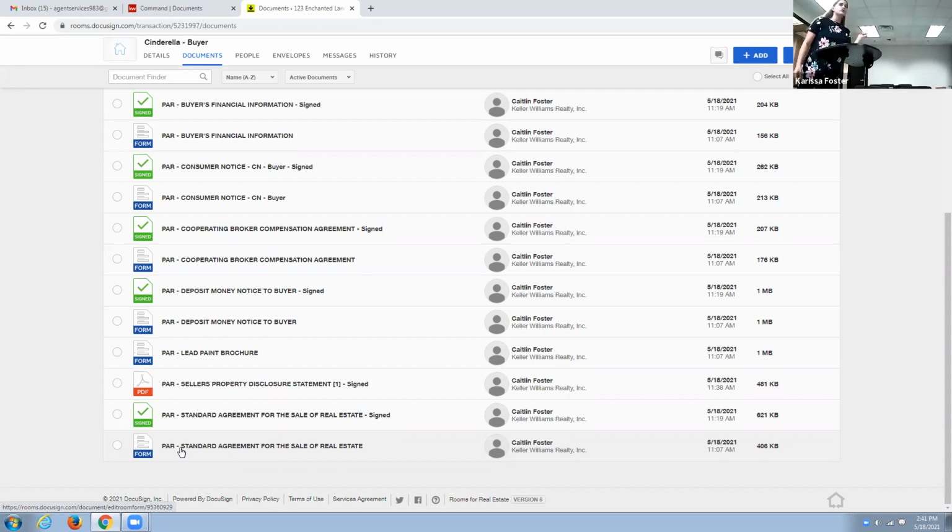Right, exactly. I want to show that if on the 18th they signed the agreement of sale and on the 19th we changed the date, they signed the bottom on the 18th, but they signed the change on the 19th. So DocuSign allows you to do that. That's why it's split. So what we're going to do is take the signed one,